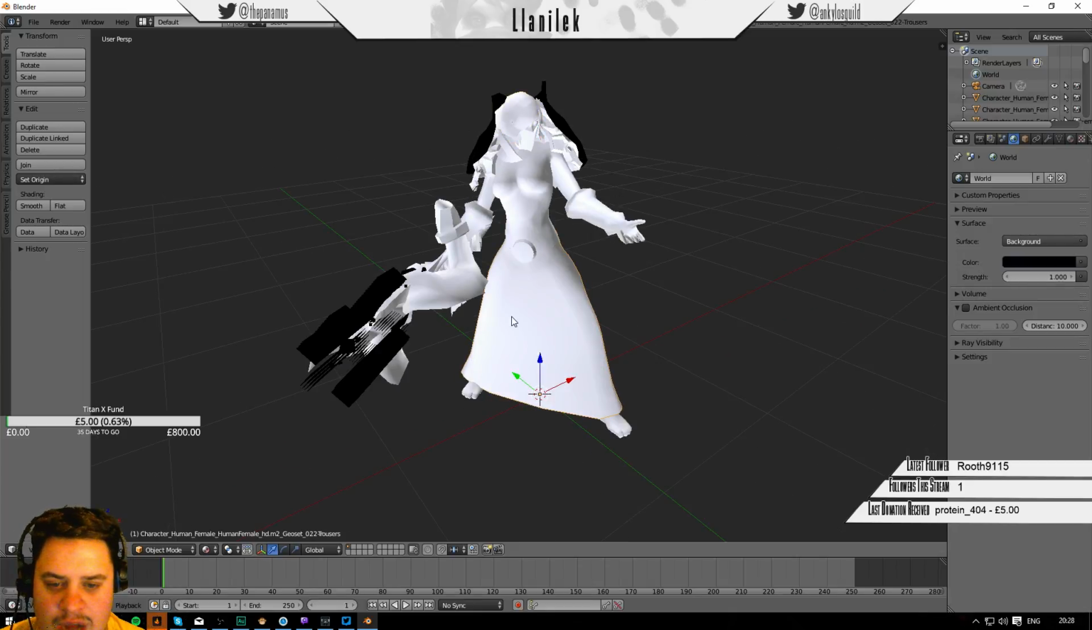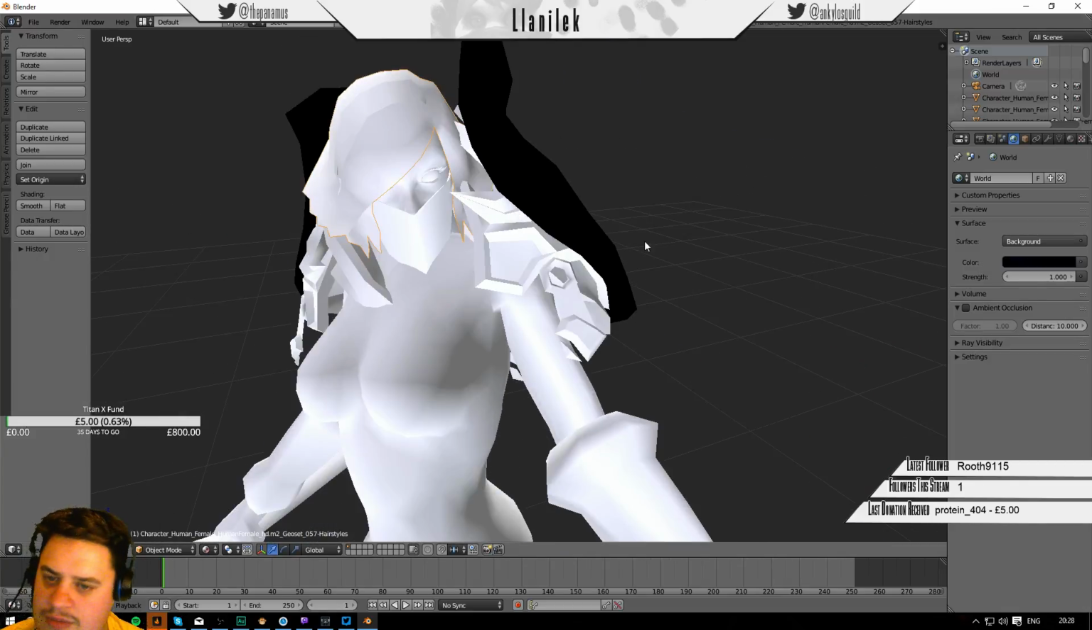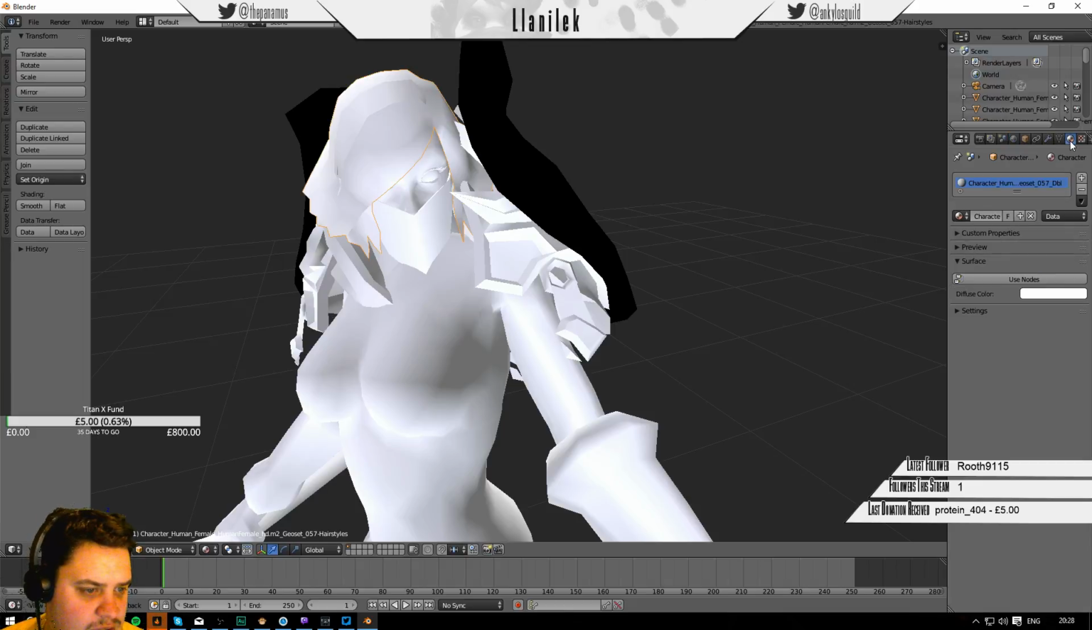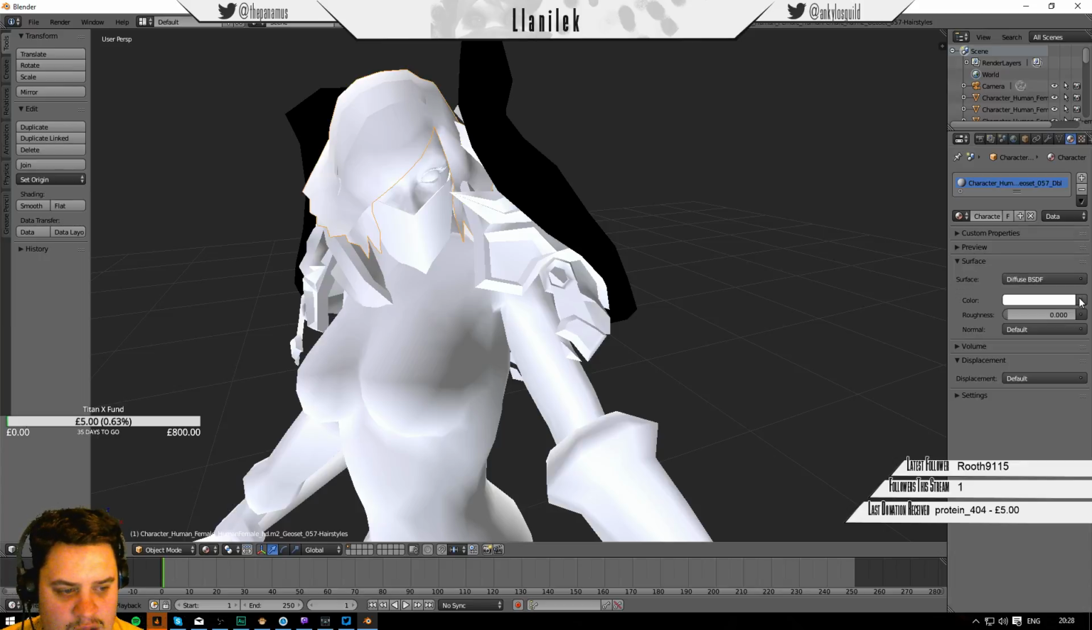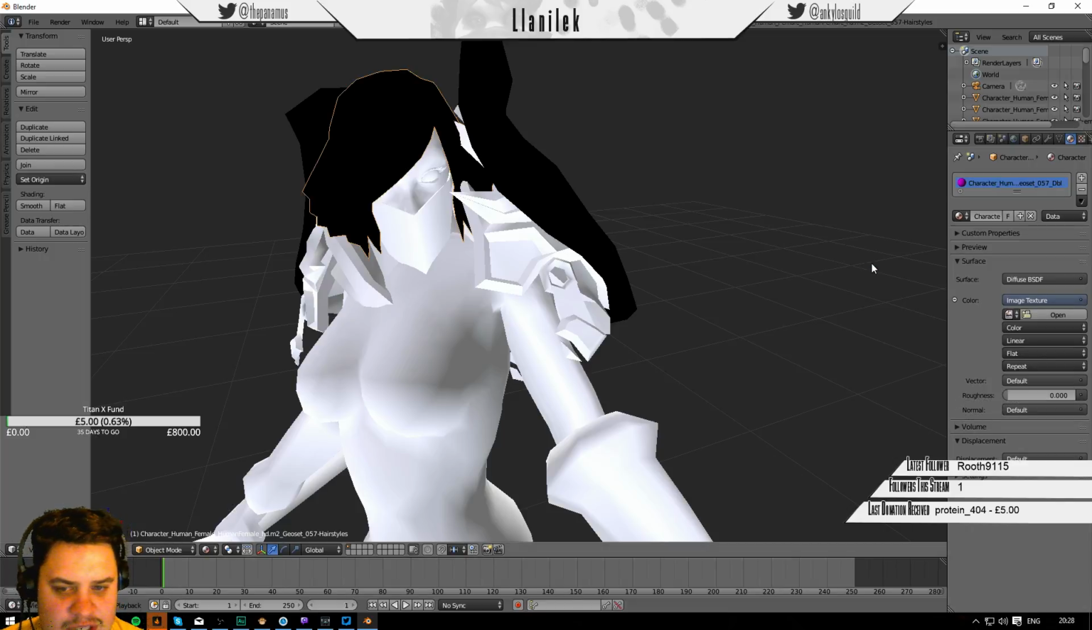Anyway, what we're going to do as we go along, we're going to apply the material to each section of mesh, and then we'll hide that section of mesh just to make sure that we can get access to everything else. So, start off from top to bottom. If we select the materials, we're going to use nodes, and on the color section there's a little button here to the side. We're going to click on that, go to image texture,